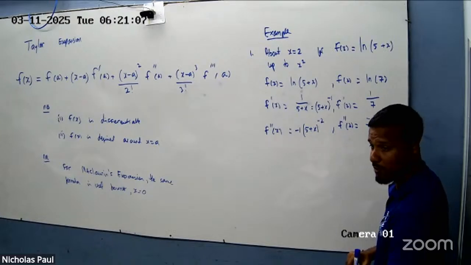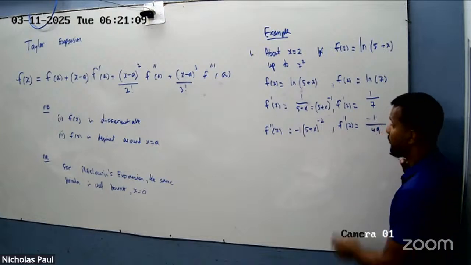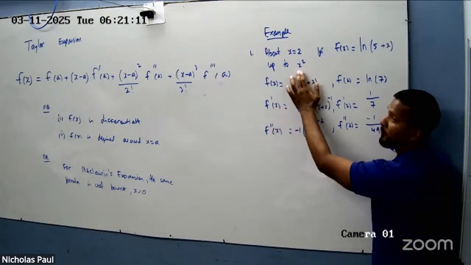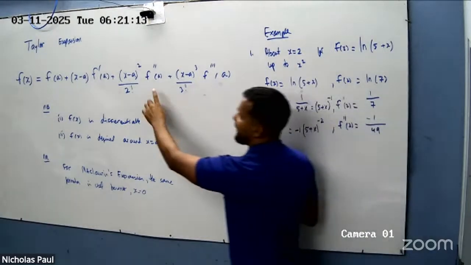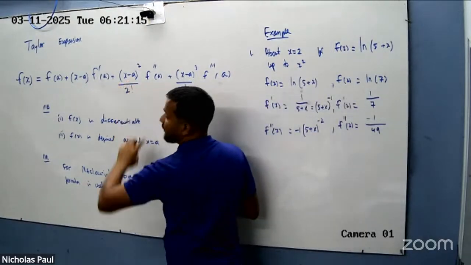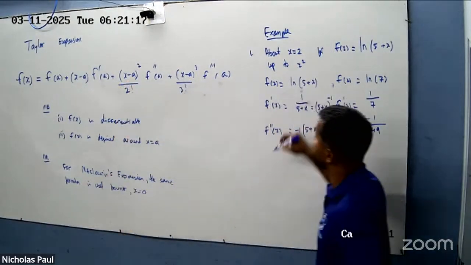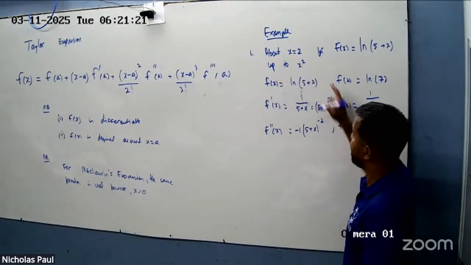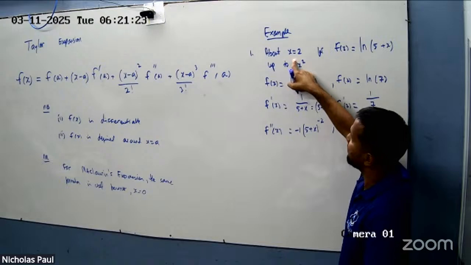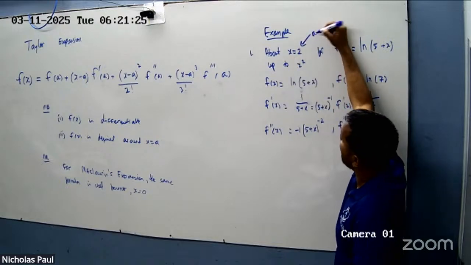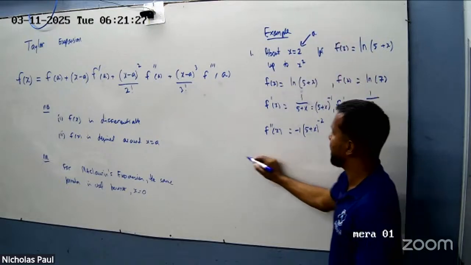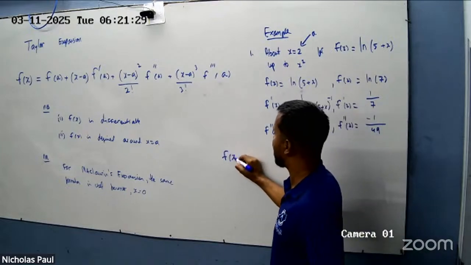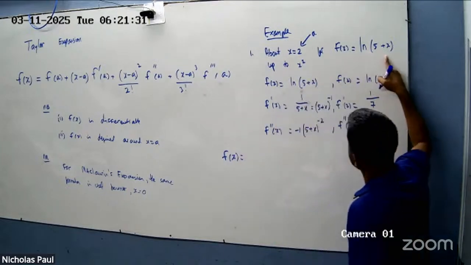Are you okay with that? And we only go up to x squared. They said x is 2, so they will tell you what to use as A. This is our A value here, and you're done. So you can tell them now that f of x, which is ln(5 plus x),